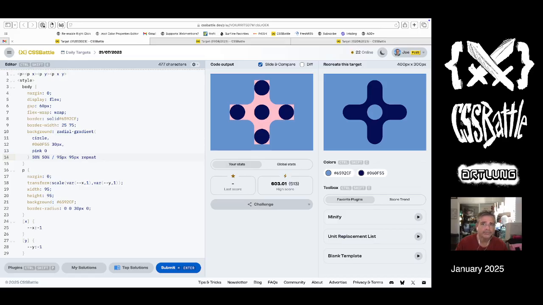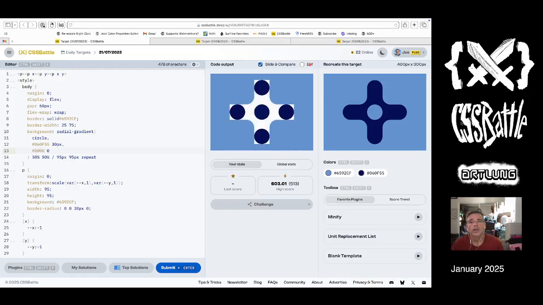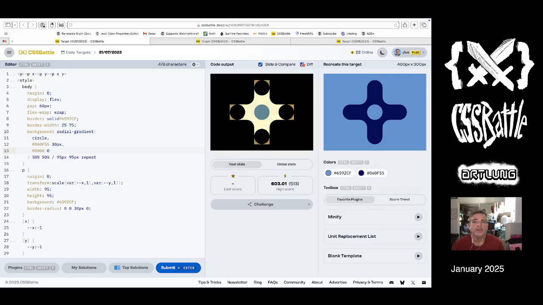And that's it. Awesome. So I think that's lined up correctly. And if I use transparent here, I think that does line up correctly. So now it's a matter of